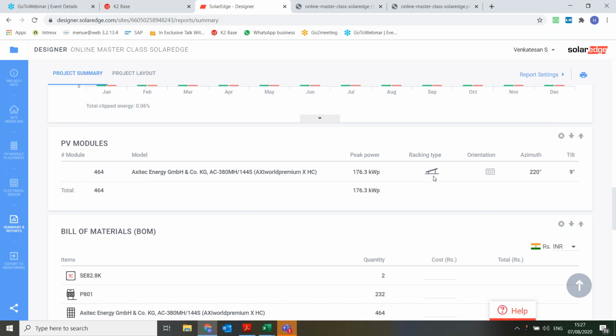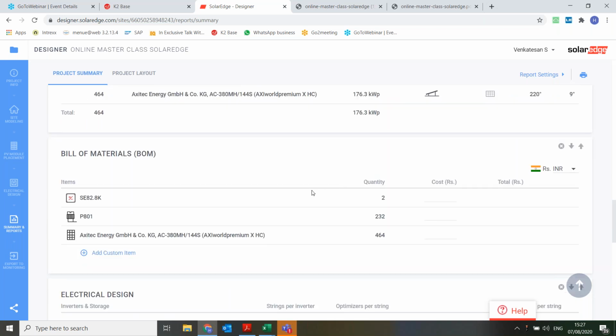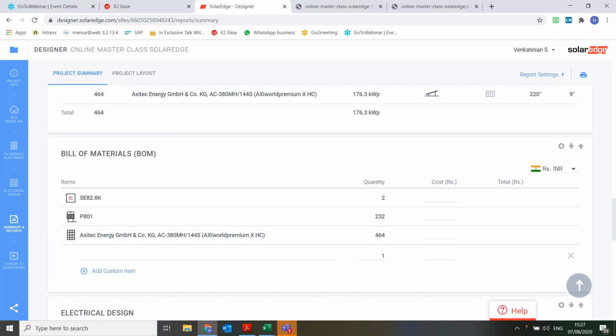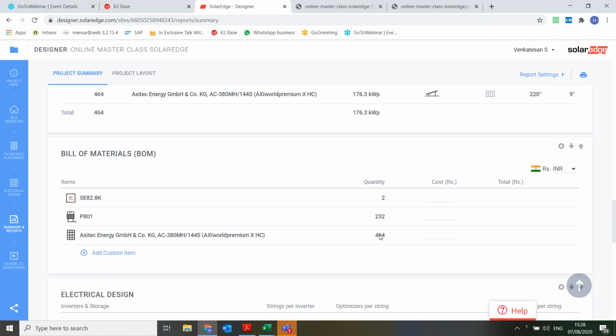What is the racking type? It is the tilt angle, orientation and azimuth, and the tilt angle we can see here. And this gives the bill of material of the electrical components, that is the inverter, the optimizer and the module. And to the same report, if you want to add the structural components, the mechanical structures, your other BOS like electrical cables, AC cables, everything, you can always keep adding to this report itself. You can enter the item you want to add and then enter the quantity. And if you want to give a commercial proposal, you can also add the cost to it, so that it becomes a completely techno-commercial offer for the customer.